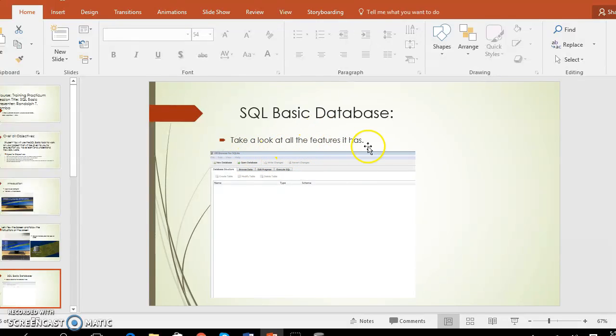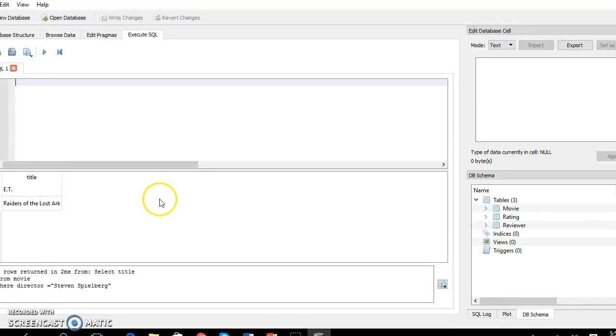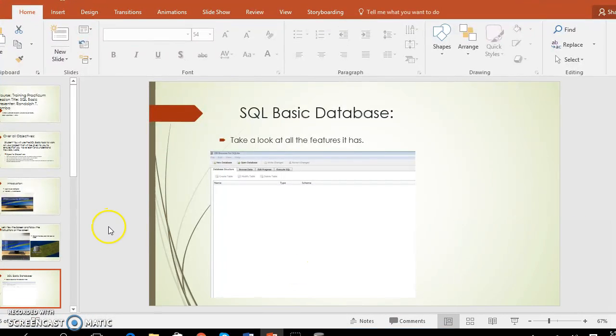Take a look at this feature, and let me go to the real screen of this database. This is how your screen should look. You should have all of these attributes at the menu bar over here. The menu bar contains all of these tags, you can see right here. So in order to search for the location, where to go to input this movie database we want to work in,